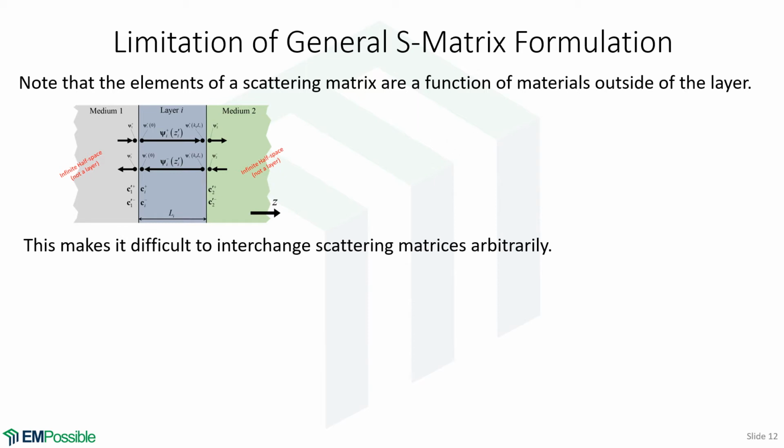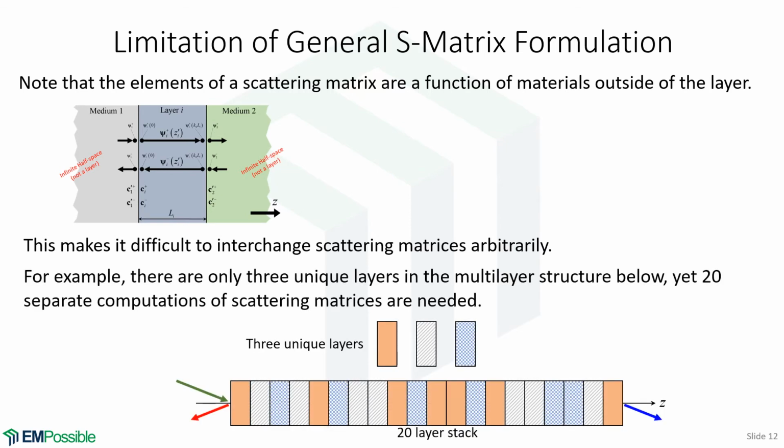Now there's a limitation. Notice we have a layer I surrounded by medium 1 and medium 2, and it makes sense that the scattering around layer I would depend on what medium 1 and medium 2 are, of course. Well, here's a problem. Let's say we would like to simulate transmission and reflection through this stack of 20 layers. And if we look at this long enough, we'll realize there's actually only 3 unique layers. I would like to only have to calculate 3 scattering matrices and just reuse them and multiply them or combine them however we do that in a way that we can then calculate the overall scattering matrix